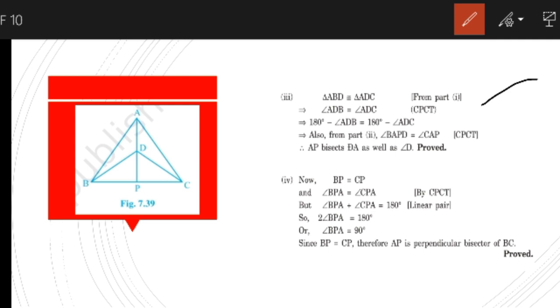So we can also say angle ABD and angle ACD are equal. If we subtract it from 180, since it is on the same line, we will get that angle BDP is equal to angle